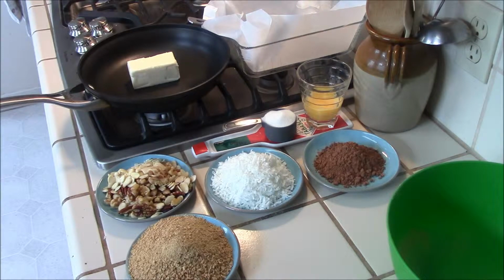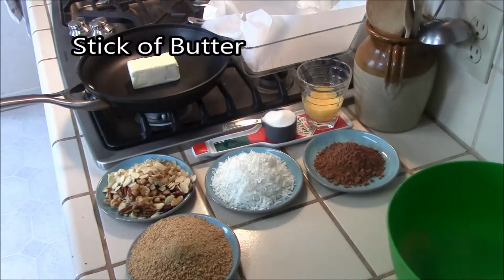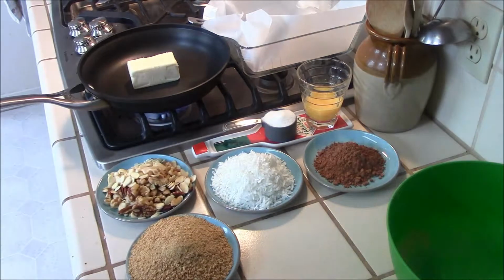I'm glad that you could join me because today I am going to show you how I make Canada's most delicious dessert, the Nanaimo Bar. As you can see, I have a stick of butter in this pan on my gas stovetop. I'm going to melt that butter,